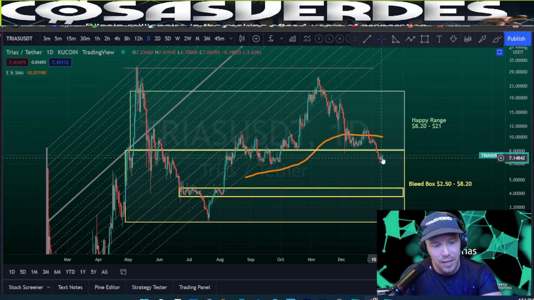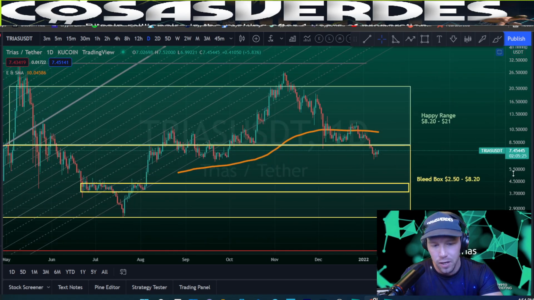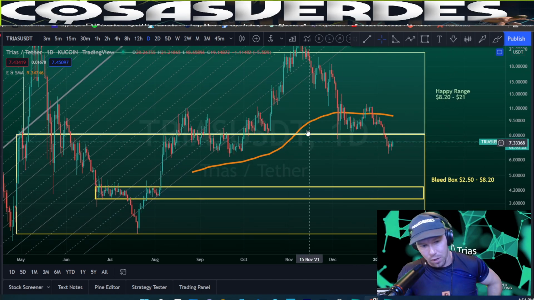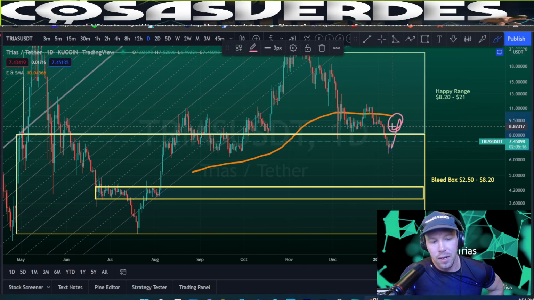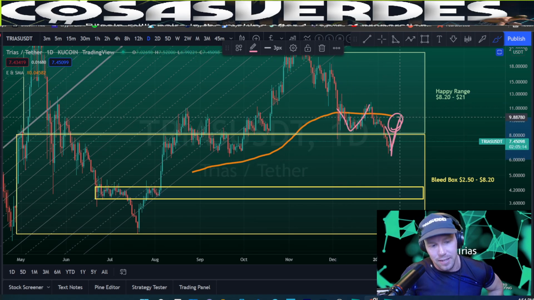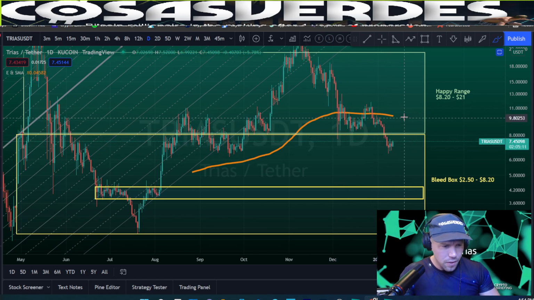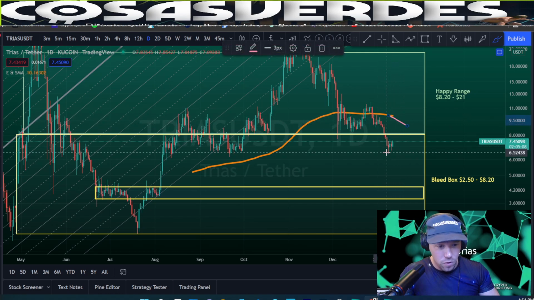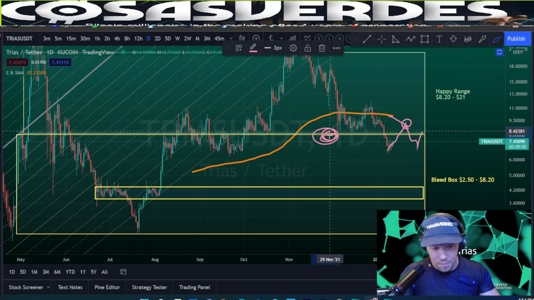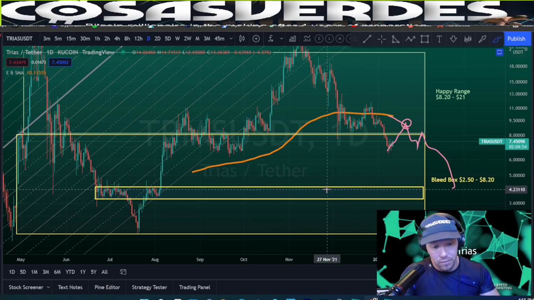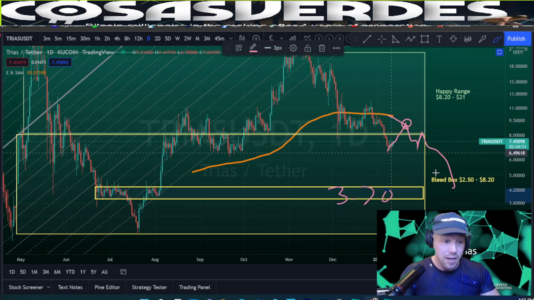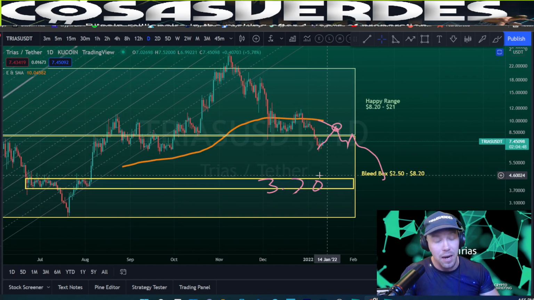Because when you break below it that badly, price action, it doesn't matter what it is, gold or petroleum or black market testicles, before the move continues to the downside, it likes to come up and test it, right? This might have been the test, but you might get a second test here. So be careful for a move up to the daily 200, and then it uses the bleed box, the top of the yellow where it meets the green, as resistance, and then it works its way down to here, down to less than $4, about 370. That is kind of how I'm seeing this, and that is using my analysis of Bitcoin too.